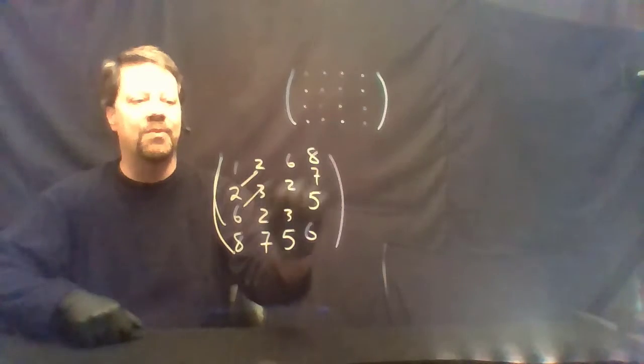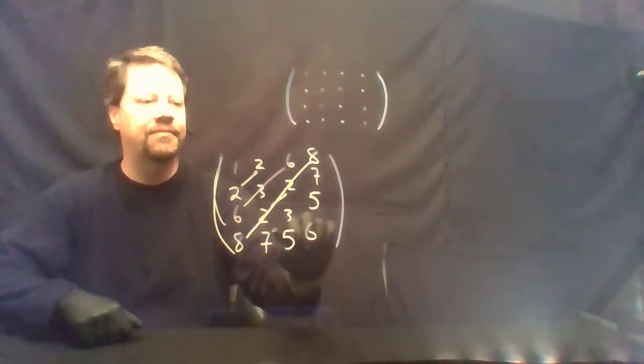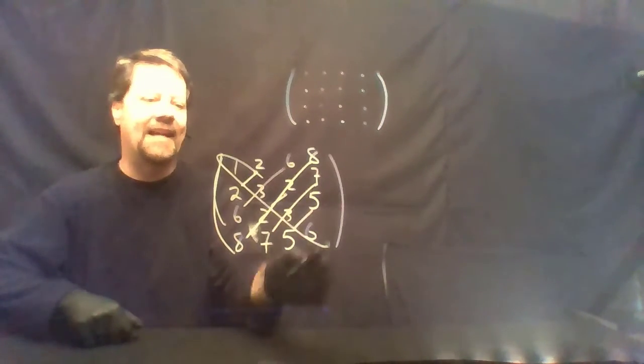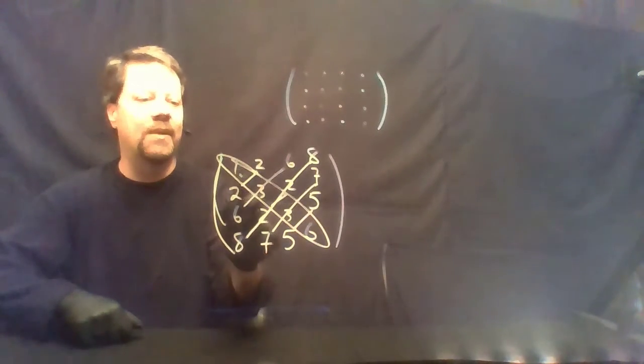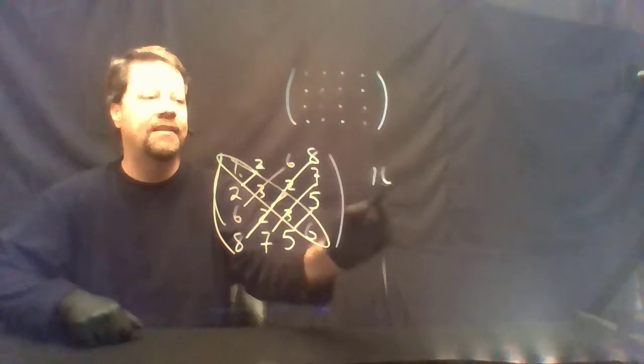So these numbers will match. The numbers on the diagonal can be anything. You can see with a 4x4 symmetric matrix, there are 1, 2, 3, 4, 5, 6, 7, 8, 9, 10